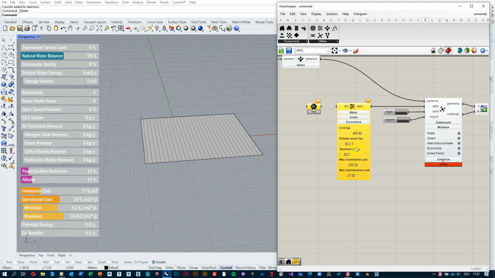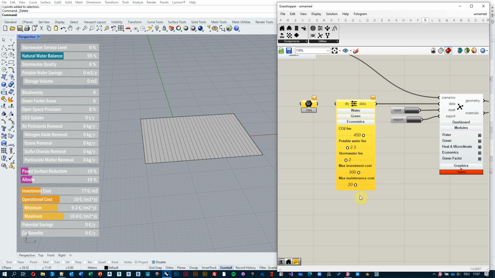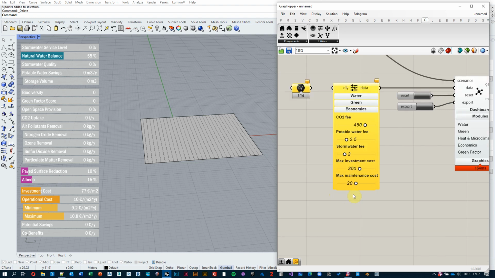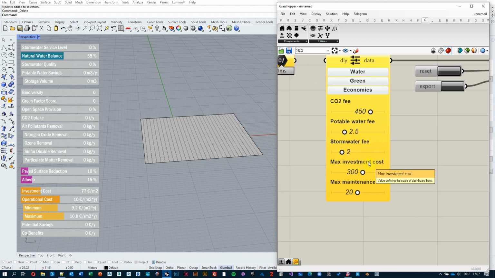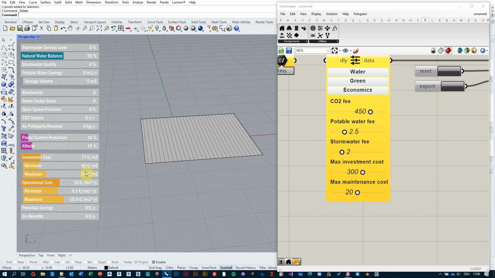And there's 2 kinds of data. There is some predefined data that the users don't have any influence on, and there is some local data that actually should be set at the very beginning of every project. So some of them are only for information. So when we look at the maximum investment and maintenance cost, it's essentially helping us here with the dashboard, where